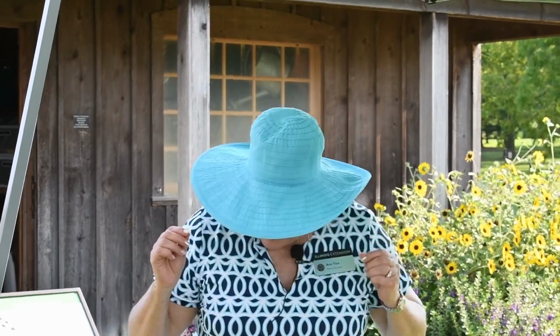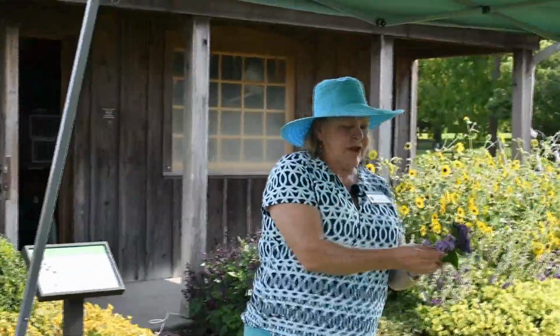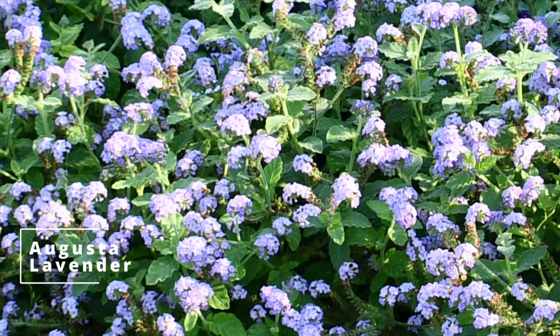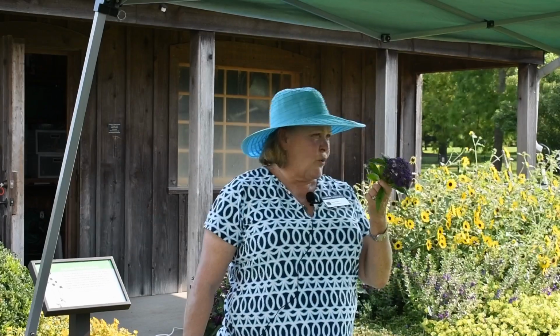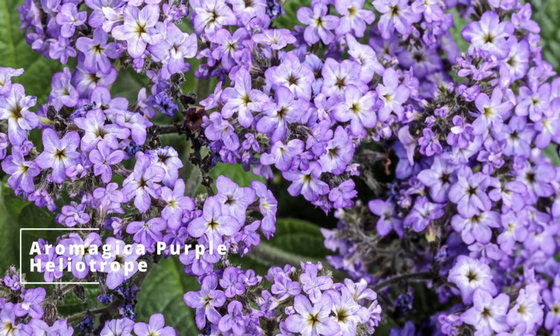All right, so we got a bunch of other plants. They often will send one that's already out. This is Heliotropium, Augusta Lavender. This is the new one for 2025. I've got to have this. This is a 5 plus. This is an award winner so far. This is the Heliotrope